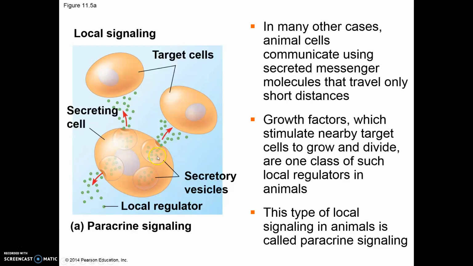So in this case, protein 1, the secreting cells, are producing some type of signal, and it's making it in these secretory vesicles. Ultimately, those vesicles will be released to the outside, releasing those molecules, and those molecules will go and find their target cells and communicate that information. An example of this would be various growth factors, which tend to work this way. So these are factors that tell your cells that it is okay to grow and divide. It's in the right place, doing the right job. All right, so that's paracrine signaling.